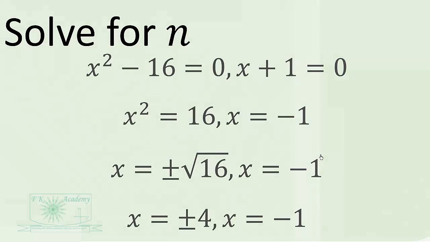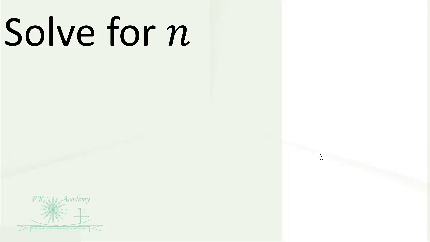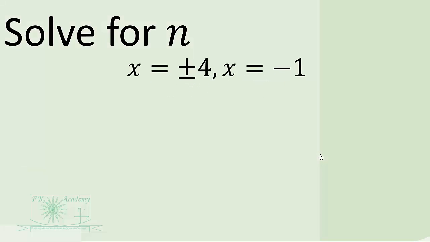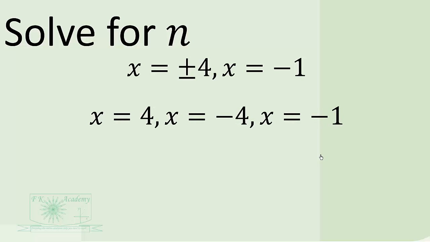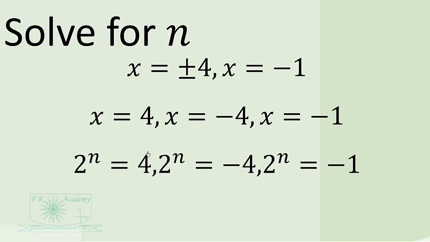Solving these, we obtain x to be equal to negative 4, positive 4, or negative 1. But recall that we started with the variable n, so we have to do back substitution. So 2 exponent n is either equal to 4, negative 4, or negative 1. But these two equations here cannot be solved for n because we don't have negative values. The exponential function here can never be negative. It is always